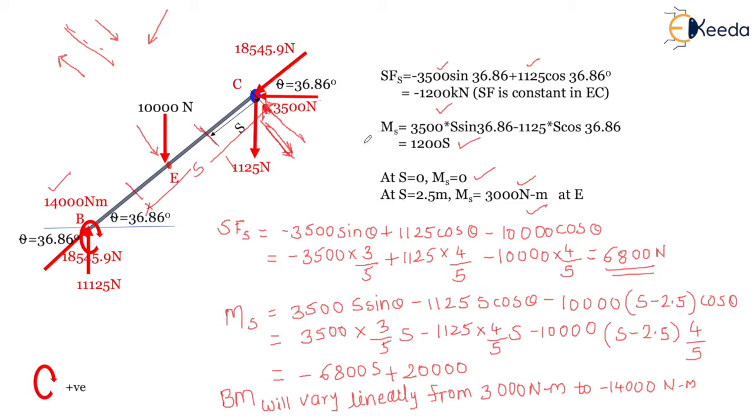For calculating moment, we have seen here, okay, for shear force and for moment also we are just seeing what is the component we are taking. So here for moment calculation, 3500 into s sine 36.86. If this is going like this, 3500. Okay, so if you take a vertical component for this, it is going like this, right? So it's making a sagging shape. Okay, and sagging is positive for us, so that's why it is positive. And this 1125, okay, it is making a hogging shape, so that's why it is negative. So this way our answers are.